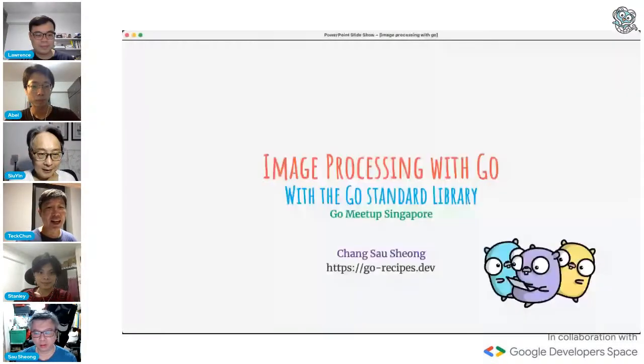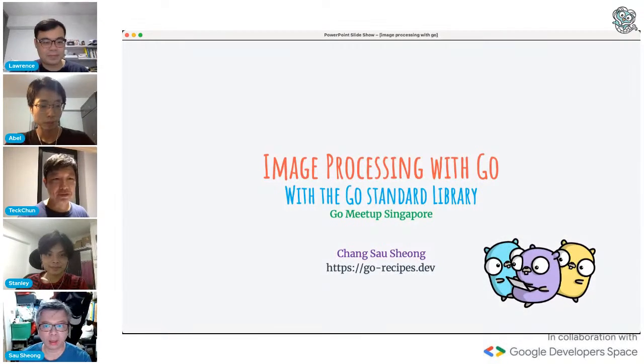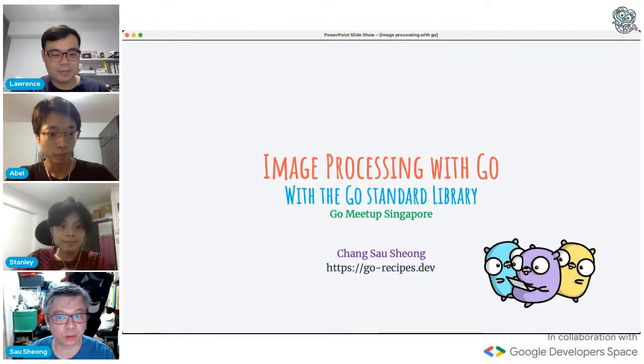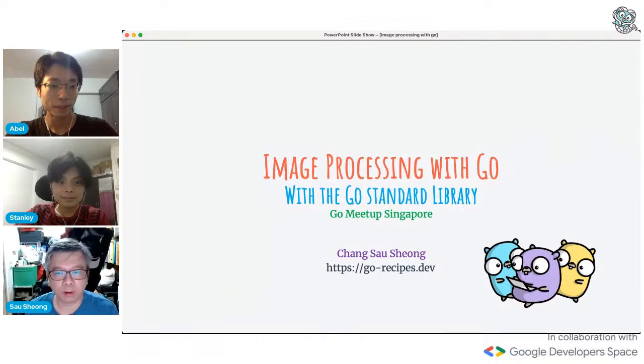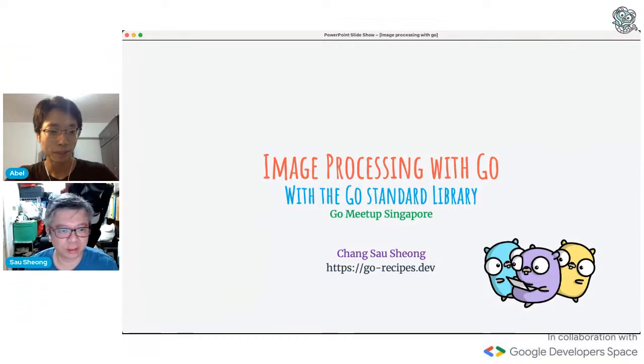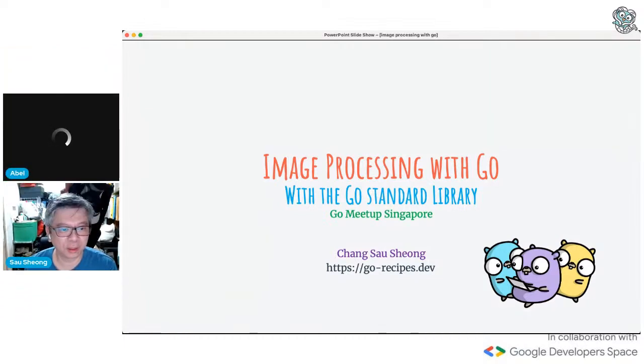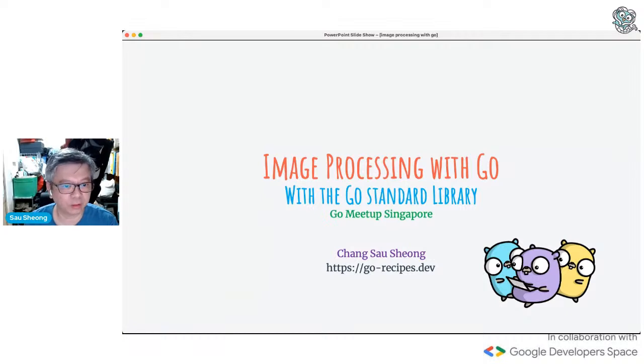Hi, everyone. My name is Seong, and this evening I wanted to talk about image processing using Go, specifically using just the Go standard library. I'm not being masochistic here. I'm just trying to show what possibilities you can do with the Go standard library, which is a lot, to be honest.